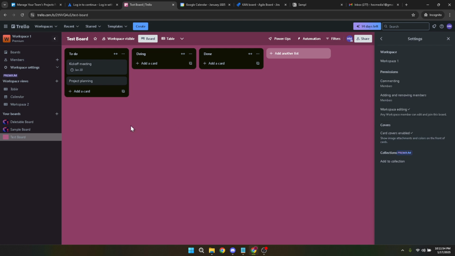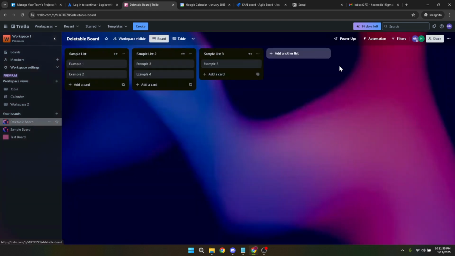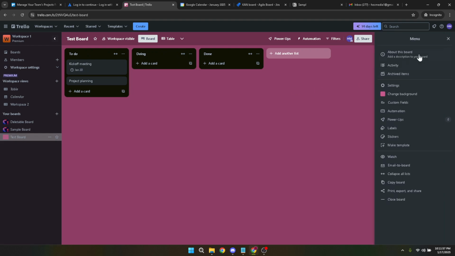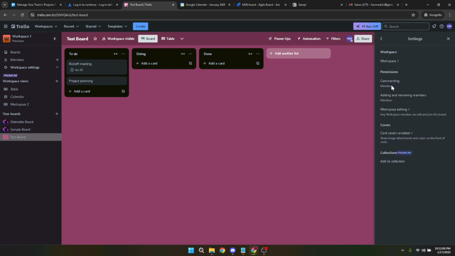There you have it. Moving a Trello board is a straightforward task once you know the steps. Remember, this feature is particularly useful when restructuring projects or when collaborating with different teams. By ensuring your boards are in the correct workspace, you're making sure everyone who needs access can find the information